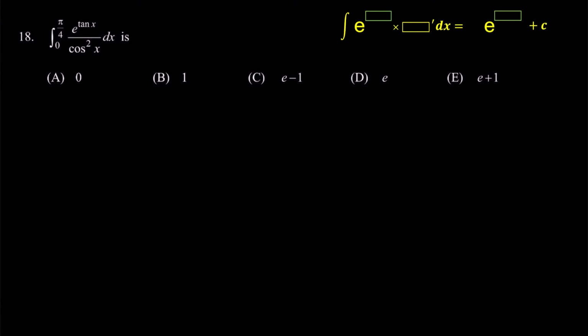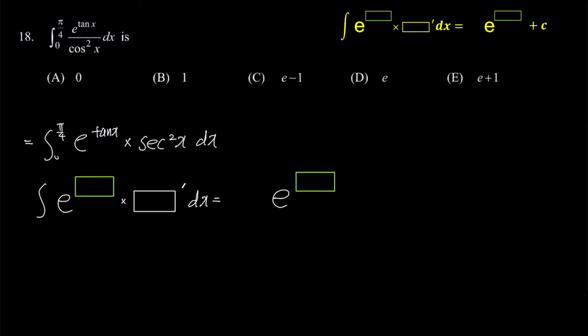In this problem, even though the expression looks like a fraction, differentiating the denominator will not yield the numerator. If it did, we would have used the box rule for fractions. Since we see an exponential function, let's start by rewriting the denominator as secant square x by bringing its terms up as reciprocals. If we put tangent x in the green box and its derivative, secant square x becomes a